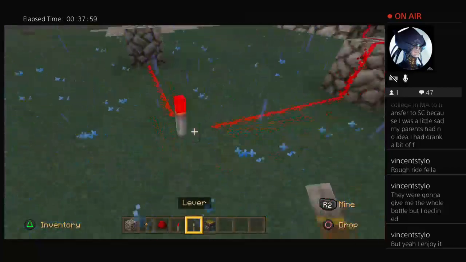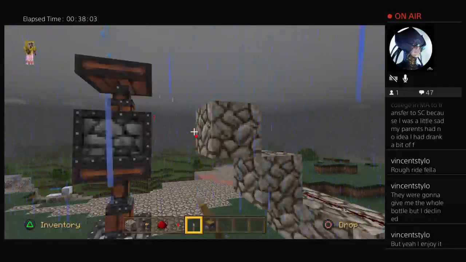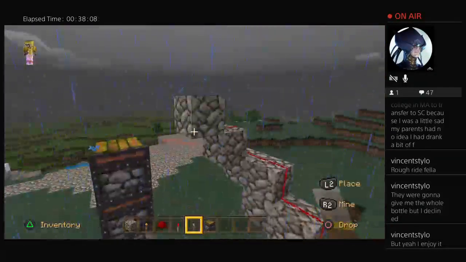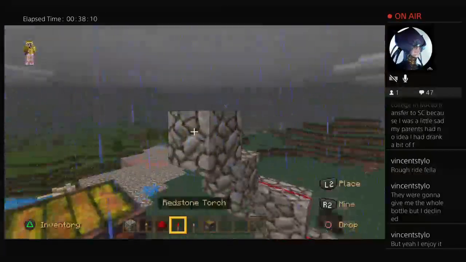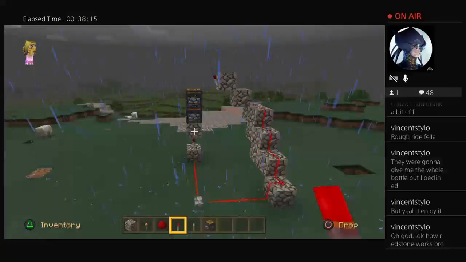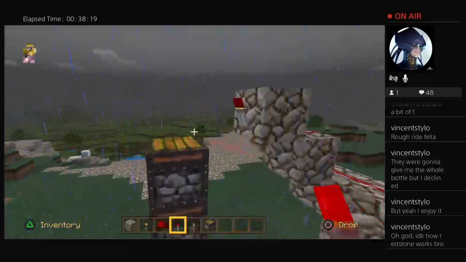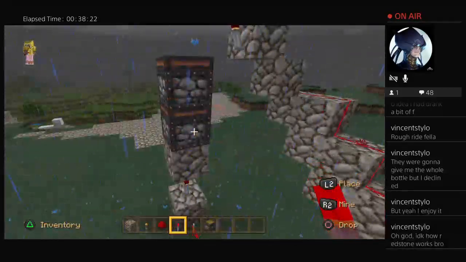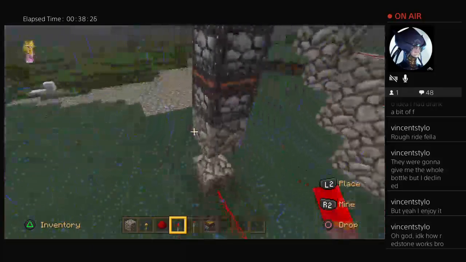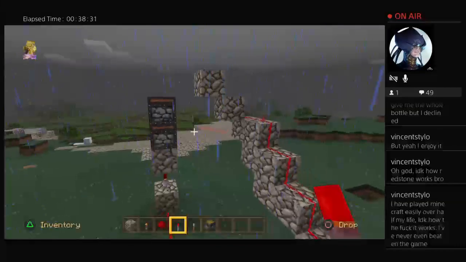So, in theory, if I did this, put that there. So I'm pretty good with it. It's just whenever I try things that are more complex, like the double piston thing, because the problem with double pistons is that if I get rid of that,